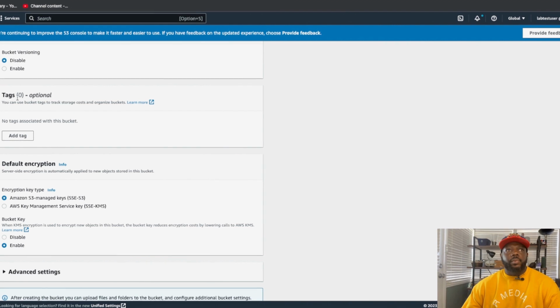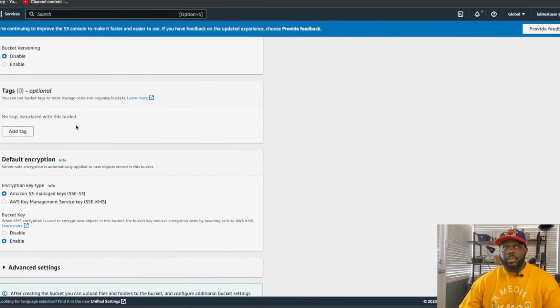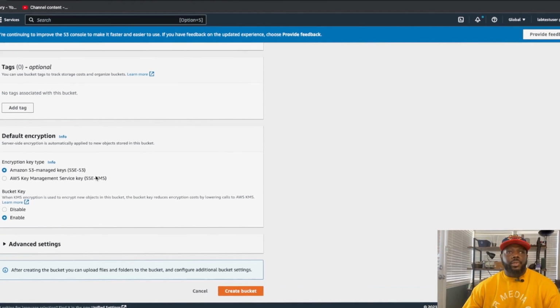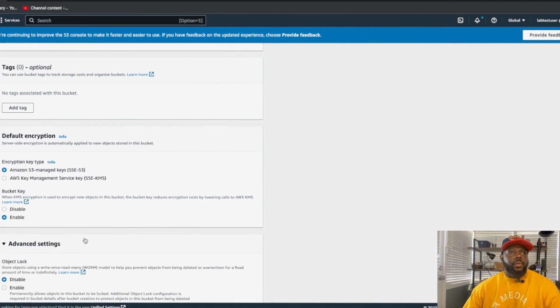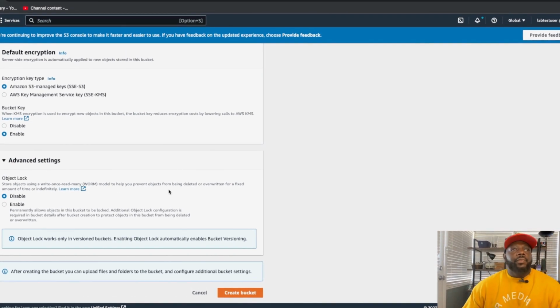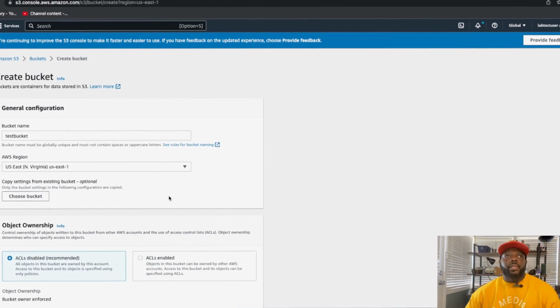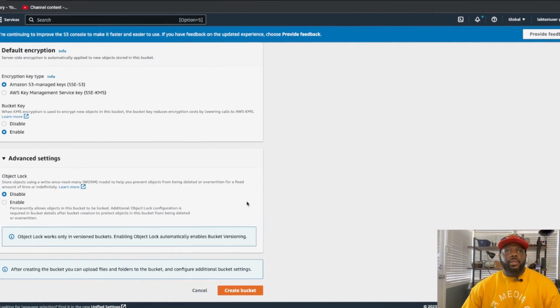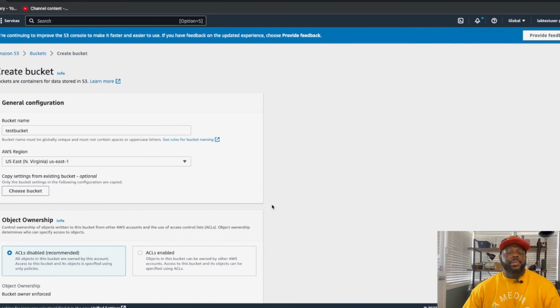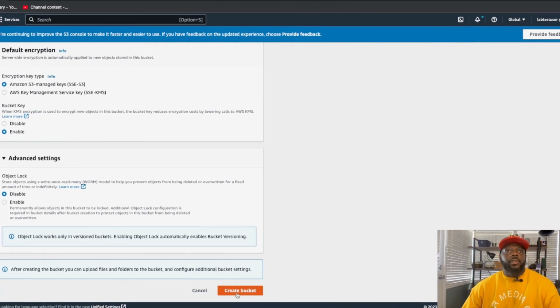Obviously, I can turn the tag on, just for being able to help organize, and then encryption. So let's go down here to advanced settings. Nothing else we really need to add here. So I'm going to go ahead and do create bucket, and I'm pretty sure we're not going to be able to use this bucket name, but let's just check it out. So create bucket,